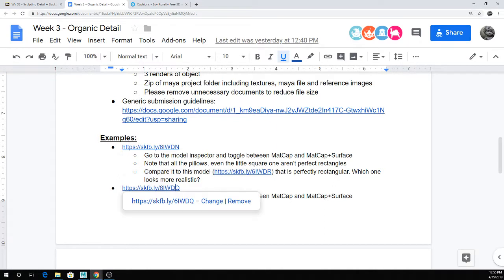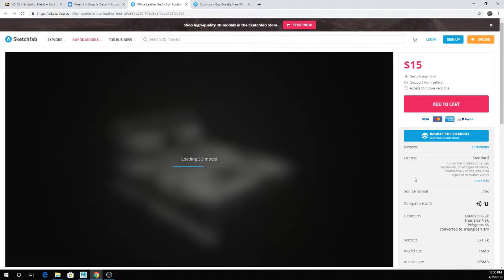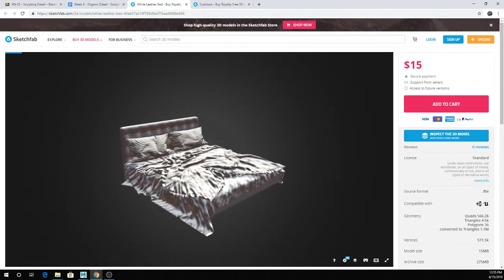And I set these up a while ago, I don't even remember what cushions I found. But yeah, so, and here's another example,